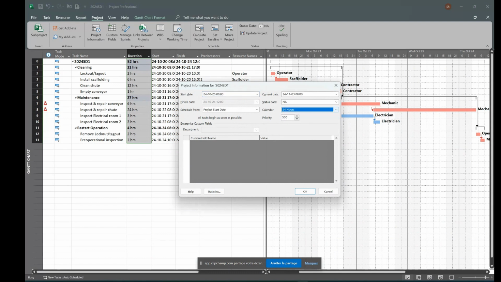I'm gonna put back the 24 hours a day calendar, and here, very important, the start date. I can use that start date, or I can change that start date to exactly what I want. So I can bring it to start at 6 o'clock in the morning. And that's where you will make your change